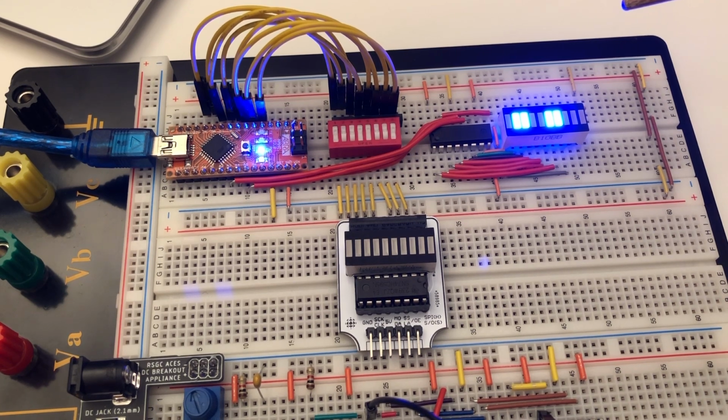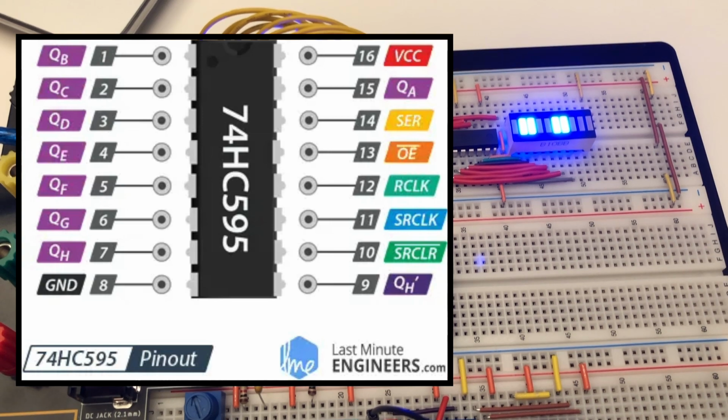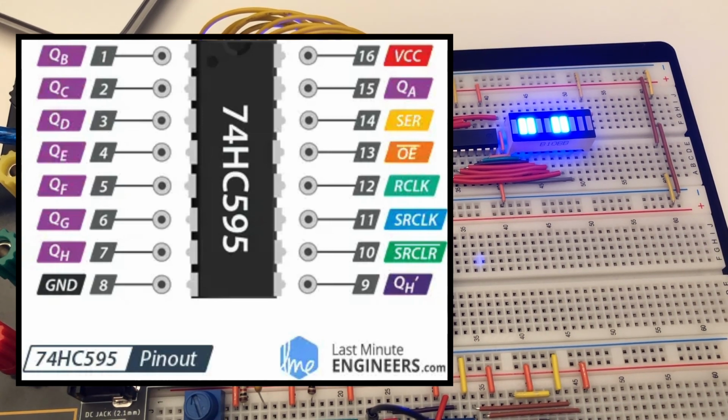74HC595N shift register works. Here is its 16-pin arrangement. To make this function normally, the output enable pin, which enables the outputs of the 595, is low, and the shift register clear is high to prevent it from clearing the outputs. The most important pins on the 595 are SER, serial/data input, R clock, register clock/latch, and SR clock, shift register